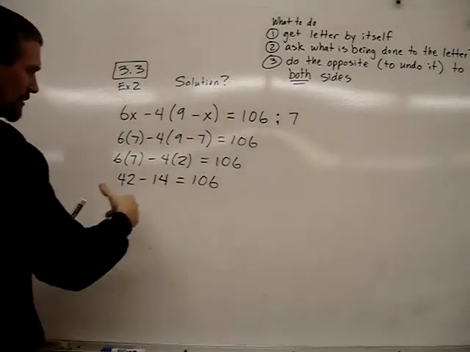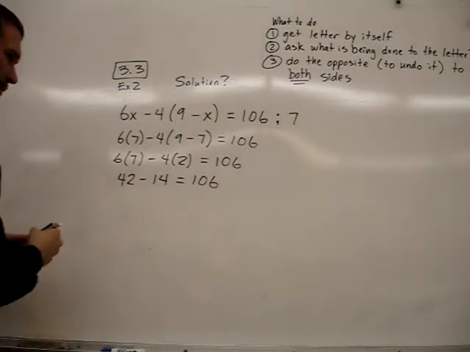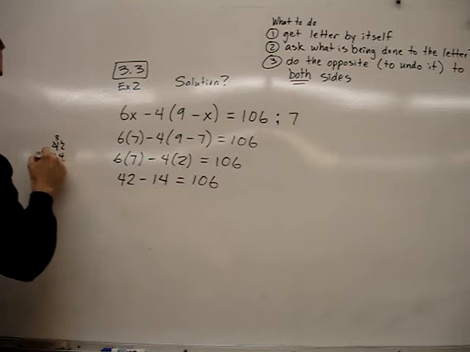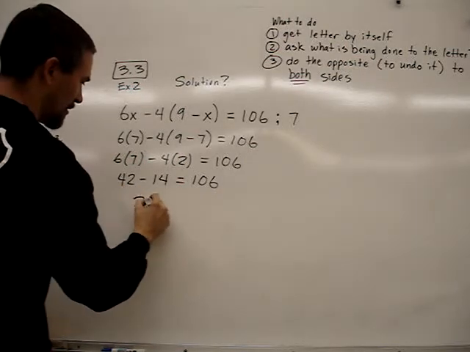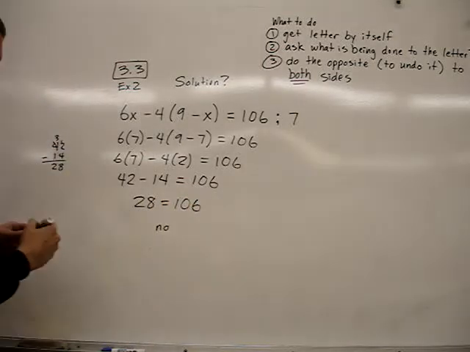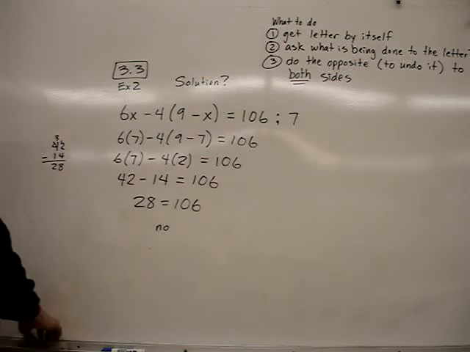Now 42 minus 14. Oh God, what would that be? 42 minus 14. 28, so 28 equals 106. No, not a solution. Okay, so that's one way to do this problem,